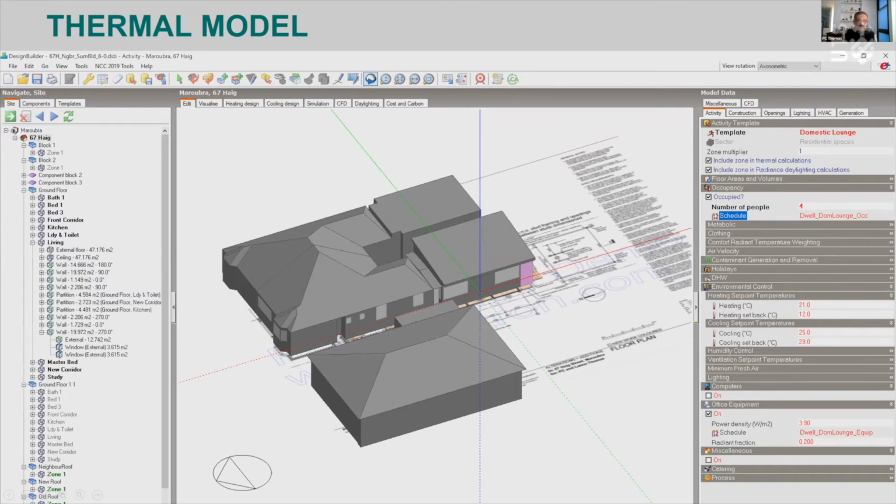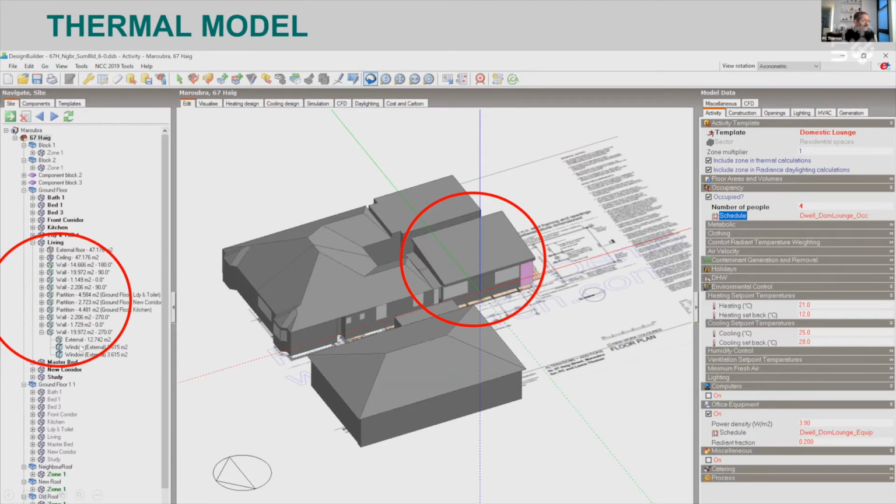Now, what I wanted to show you was that in this model, we're going to look at this renovated bit. And so a lot of the stuff that I'm going to show you is going to be on that. And then if you look at the representation of that model over here, it's the living room on the ground floor.